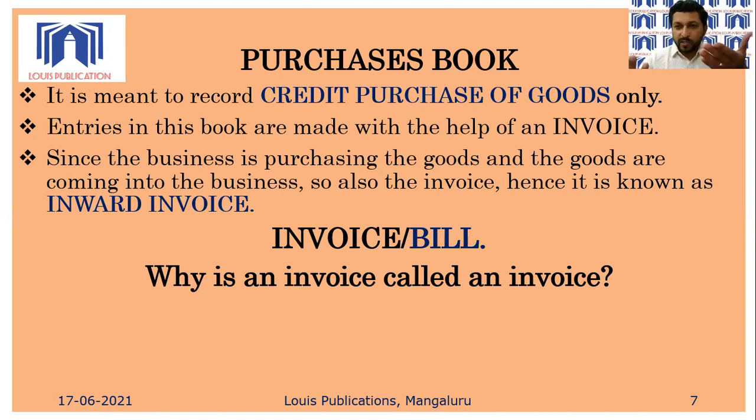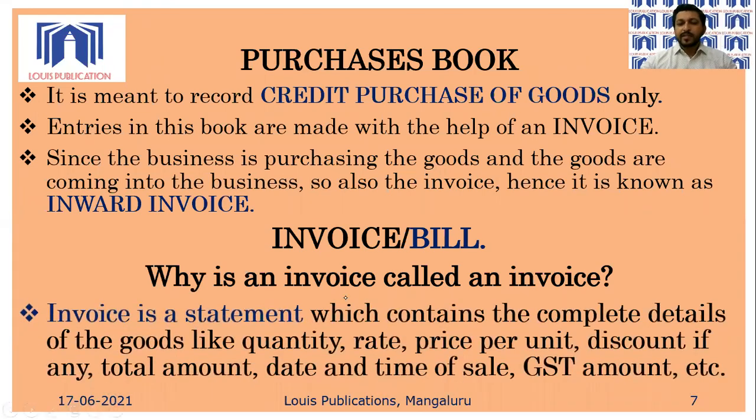In your voice, you tell the shopkeeper, the business person there, and whatever is heard from you by the shopkeeper is written on that piece of paper. That's why what you have said in your voice is recorded on that piece of paper, and that's why that piece of paper is called an invoice. A shopkeeper cannot give you an item which you have not asked for. So remember, what you have asked for in your voice is recorded on that piece of paper. That's why this particular slip or bill is called an invoice.